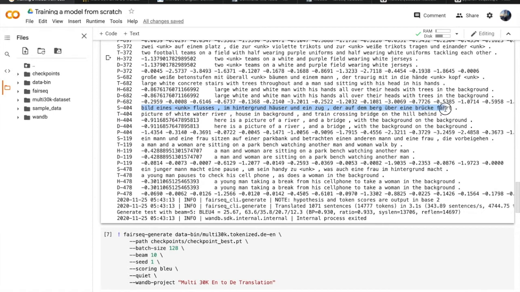This particular German sentence should actually be translated to: picture of white water river, house in background, and train crossing bridge on the hill behind. Our model gives: here is a picture of a river and a bridge with background on the background. So it is not very perfect, but you can see that the model is able to capture the main essence of the translated sentence. So this is a very good start.